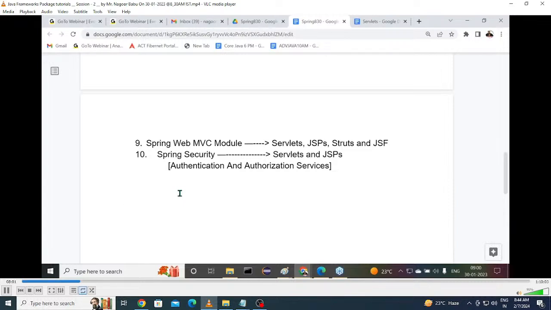Why am I telling you this information? You may get some misguidance from outside. Don't go for that misguidance from outside. For that purpose, I'm giving some alertness to you. If anybody outside is saying to you, don't learn the Spring framework, directly learn Spring Boot and microservices, don't go with those statements.